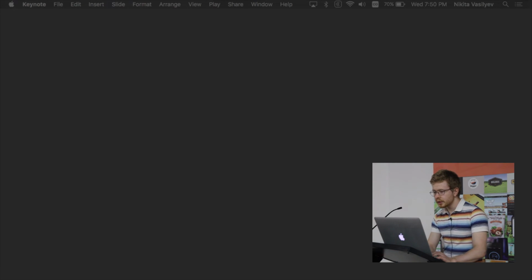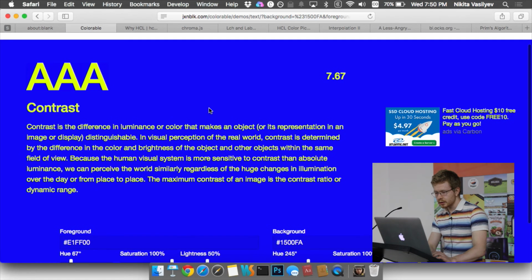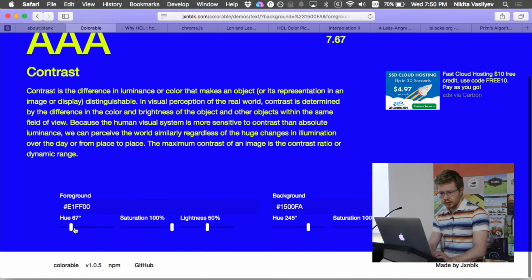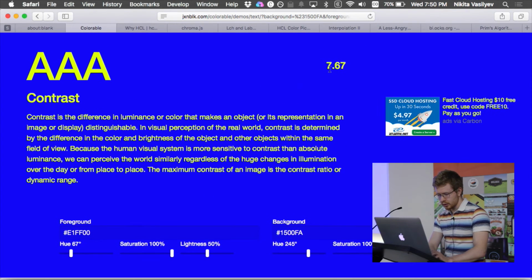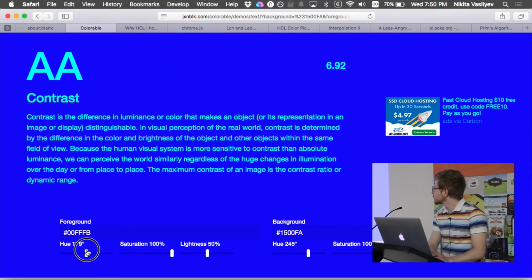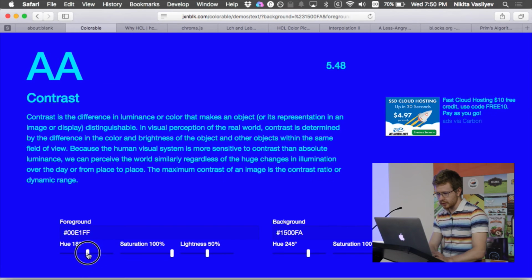I'm gonna show one tool to help calculate the contrast. Okay, so here it is. This is the contrast ratio, and I can change the color, so this is not invisible. And as you can see, it's not enough to